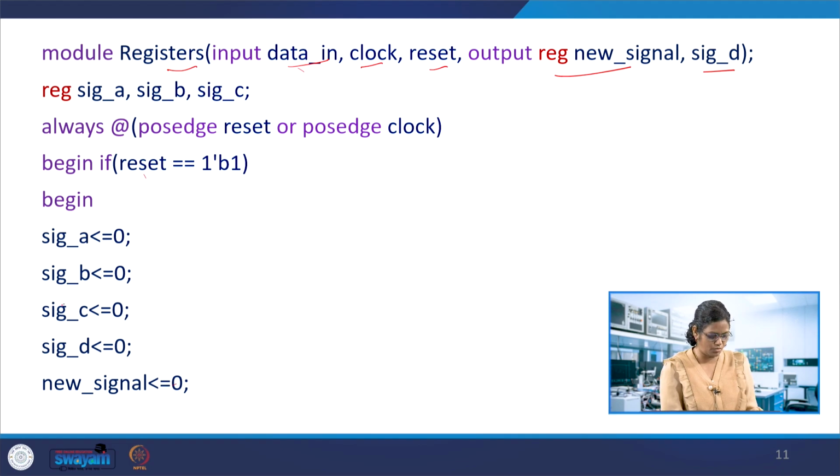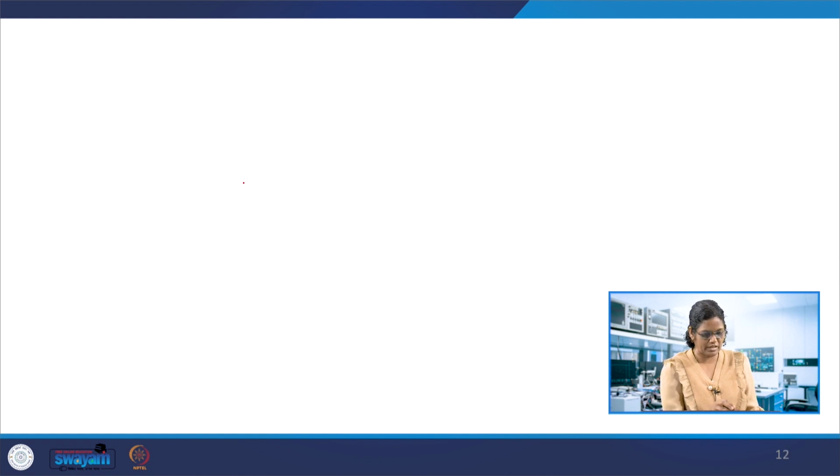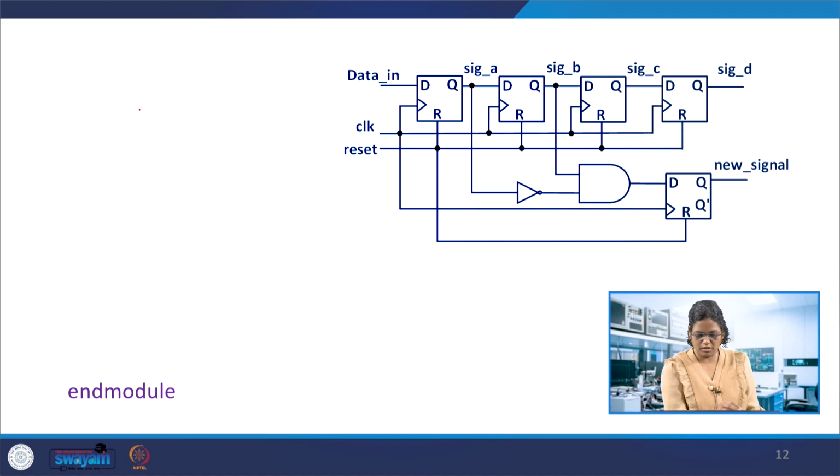Else, begin again with a number of statements. Data input is assigned to signal A.